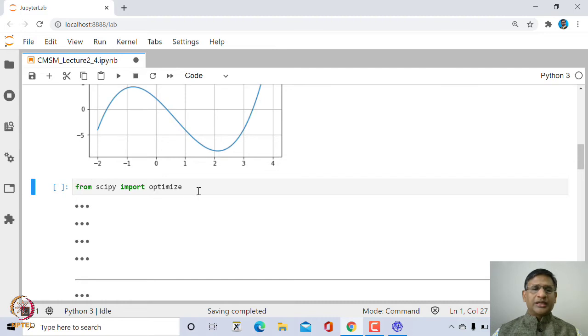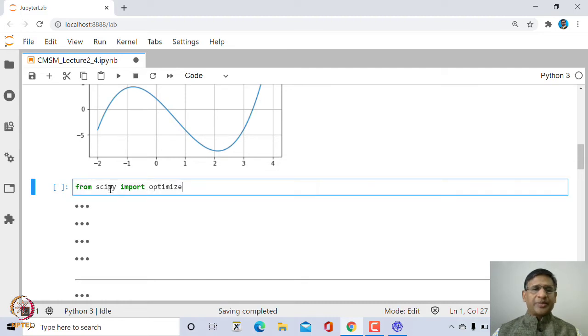So how do we do that? Inside SciPy there is another module called optimize, and inside this optimize you can find several functions related to finding zeros, and also related to optimization, or maximum and minimum of a function of one and two variables, using different methods.